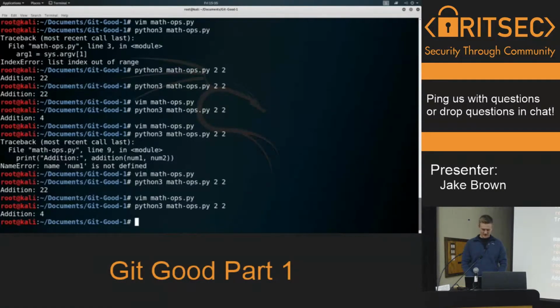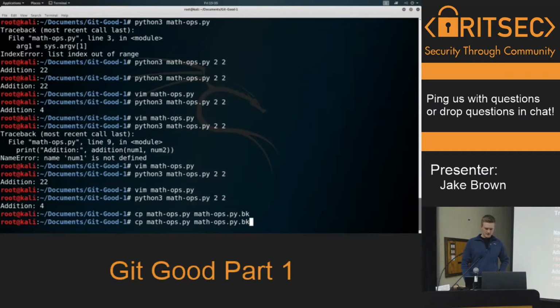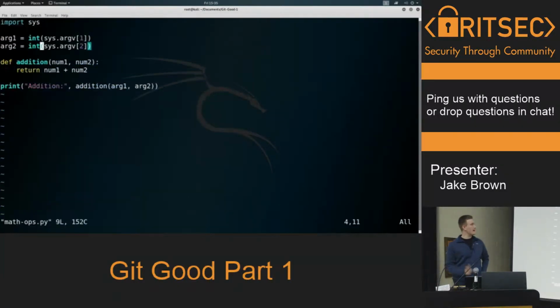I just copy that file. I just go to the copy. So we're going to make a copy, make a backup file, and now we're good, right? Now we can edit this file and revert back. But the question becomes,